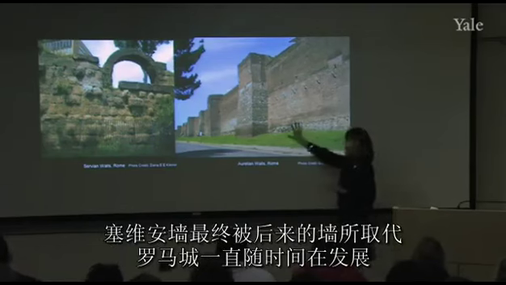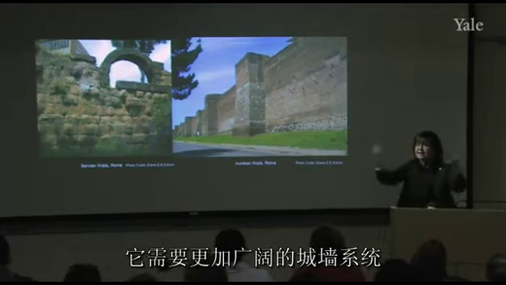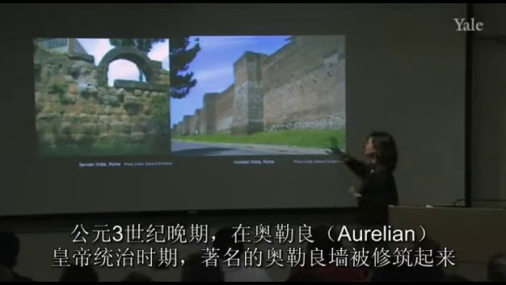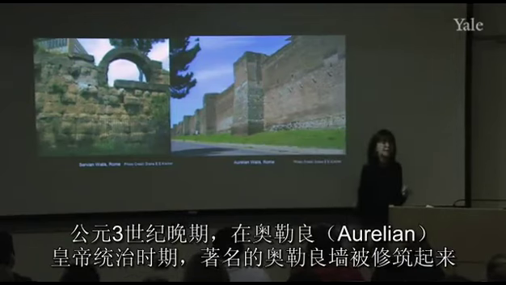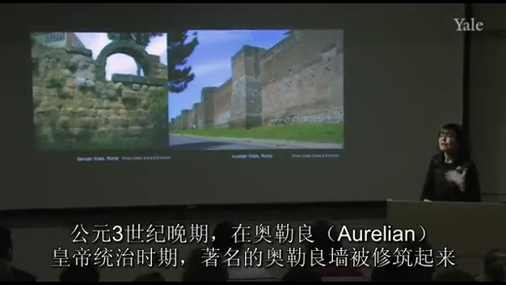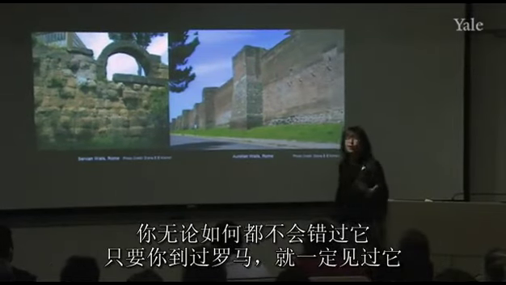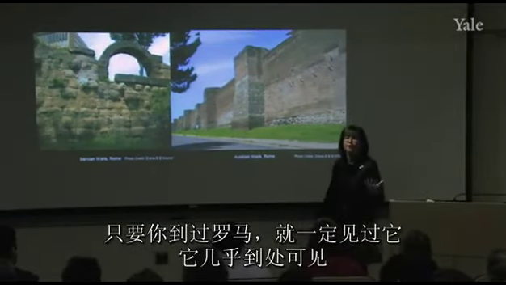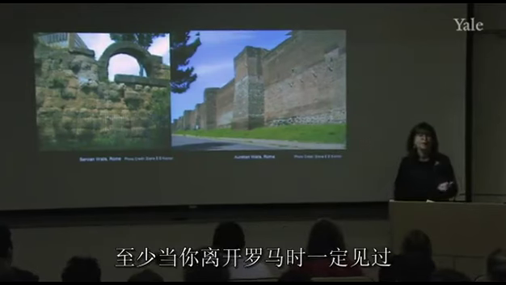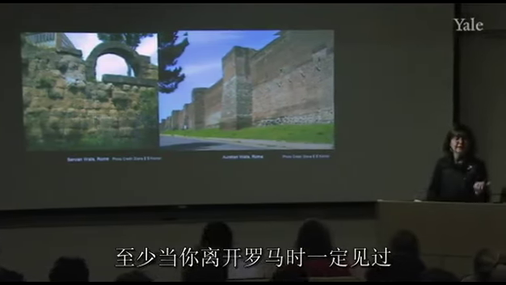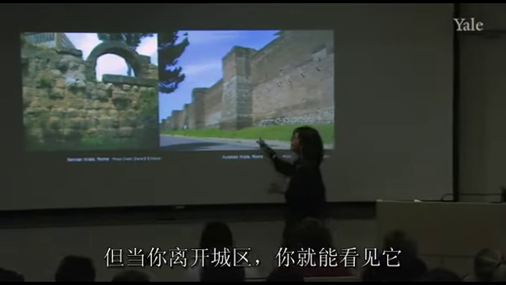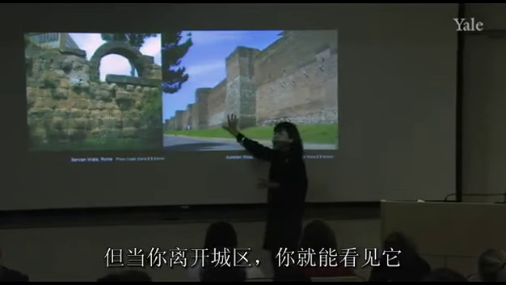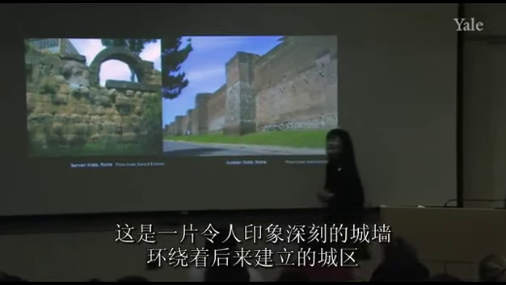And that was eventually replaced by later walls. The city grew over time. It needed a more extensive, broader wall system, and in the late 3rd century AD, under the Emperor Aurelian, the famous Aurelian walls were built. The Aurelian walls, as you know, there's no way you've missed those. I'm sure if you've been in Rome, you've seen the Aurelian walls. They're very much there, at least if you've left the city. Maybe if you've just gone into the core of the city and haven't gone beyond that, you might not have seen them. But if you've left the city, you've seen the Aurelian walls,